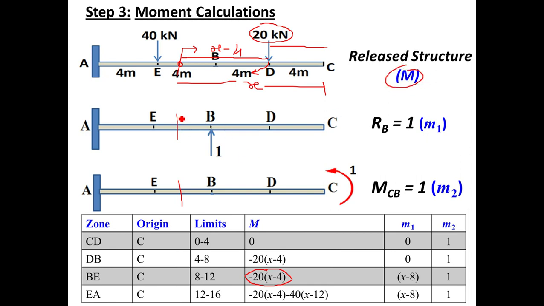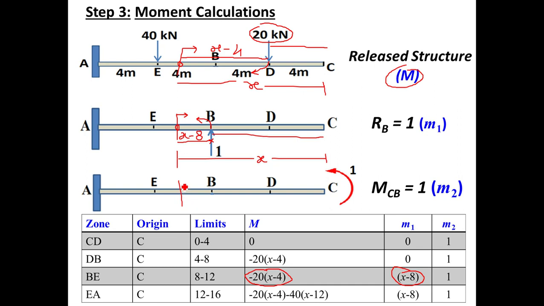Similarly, if you take a section in the third zone of the second figure, observe the right part now. In this zone, on the right portion of the section, there is a unit load. The perpendicular distance now we have to calculate. This is the perpendicular distance because we are taking the moment here. The distance of the section from the origin is x. So if you minus this distance, we'll get this distance. So it is x minus 8. So the moment of this unit load is 1 into x minus 8. It produces an anti-clockwise moment, so positive. So this is x minus 8.